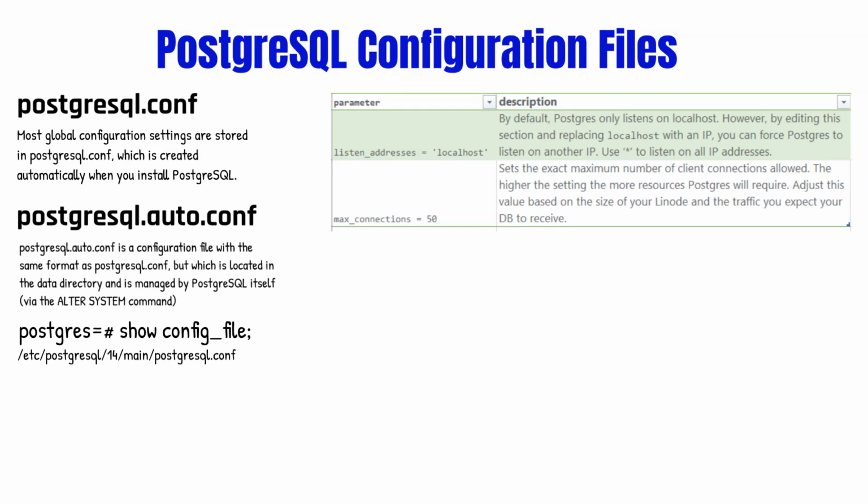In order to connect to the database, one of the main parameters we need to change in the config file is the listen_addresses, because by default, Postgres is set to listen on the localhost. So we need to replace the localhost with another IP that we want to allow connections from. The second config file that we want to take a look at is the